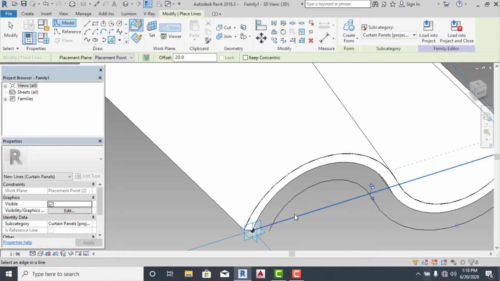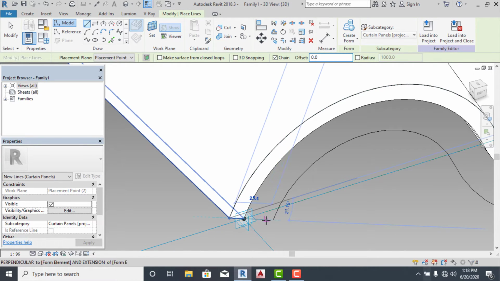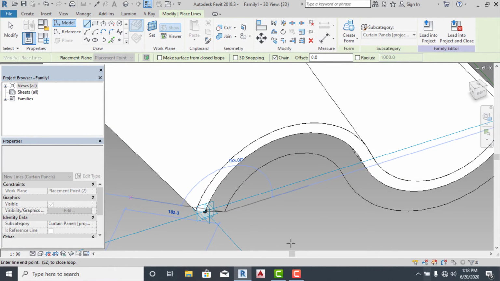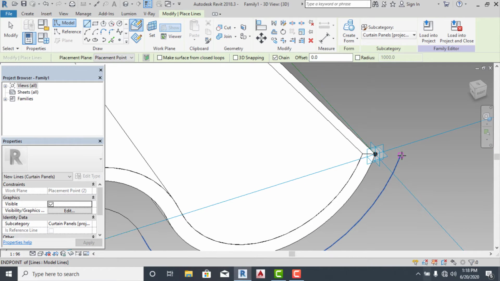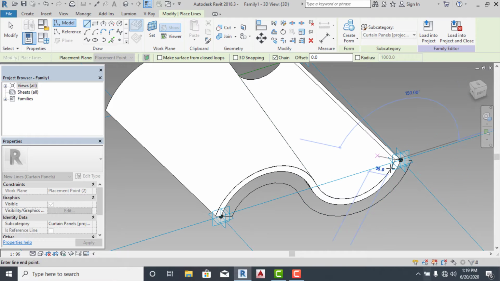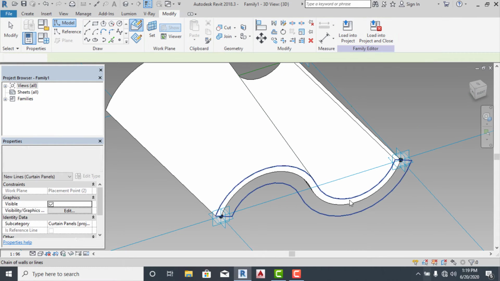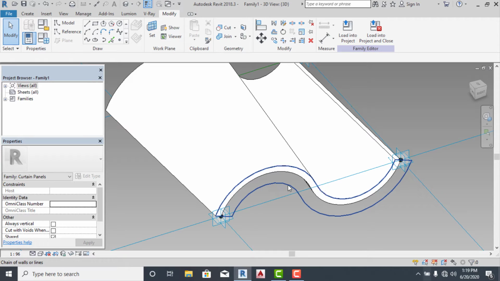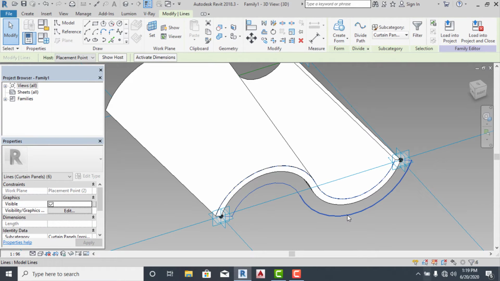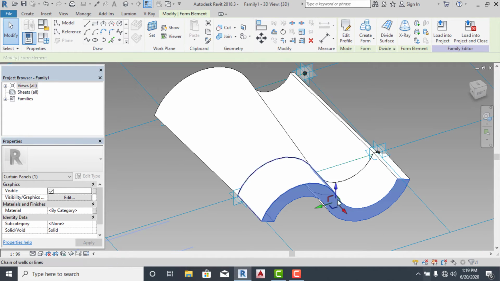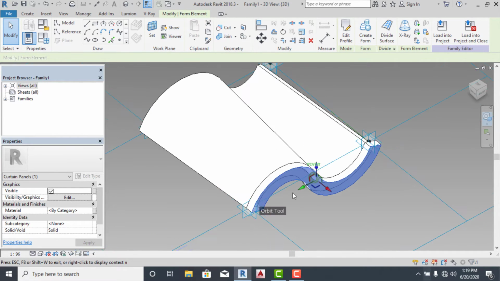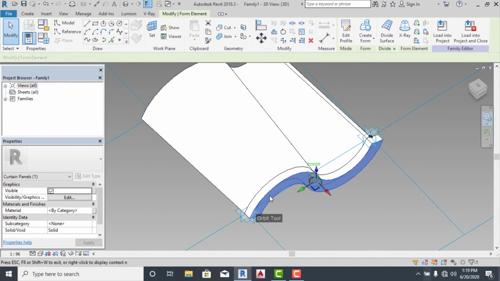After offsetting it downward, let's close the loop. So go to lines, click on it. Always remember to change the offset value back to 0. So top to bottom, click on escape, bottom to top. After closing the loop, click on escape twice. Click on any part of the loop. After clicking on it, go to create form. So you have this. Let's reduce our guide this way. So we have our guide and our Spanish tie.